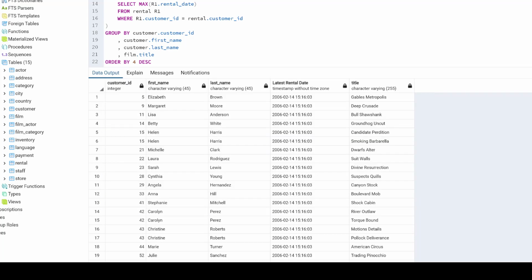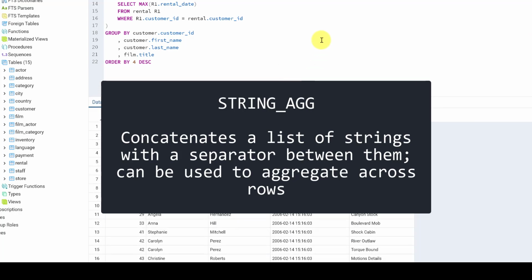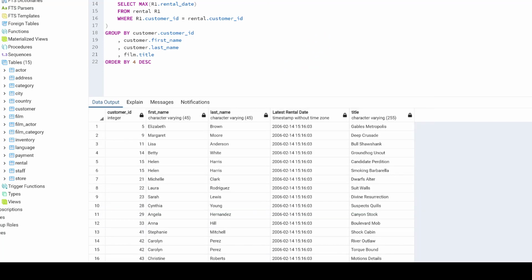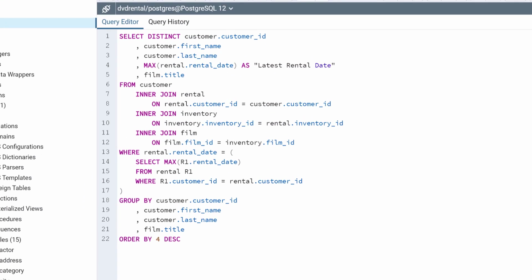If we want to get this result set down to one row per customer, we need to do a little more work. So we're going to use a SQL function that I really enjoy called string_agg. String_agg is similar to our concat function, except instead of concatenating values across multiple columns, string_agg lets us concatenate values across rows, collapsing them all into a single row. As its name implies, string_agg is an aggregating function, so you will most often use it with a group by clause. Let's go back to our query to demonstrate how it works.